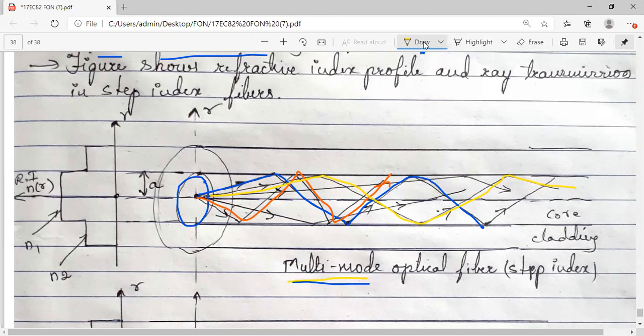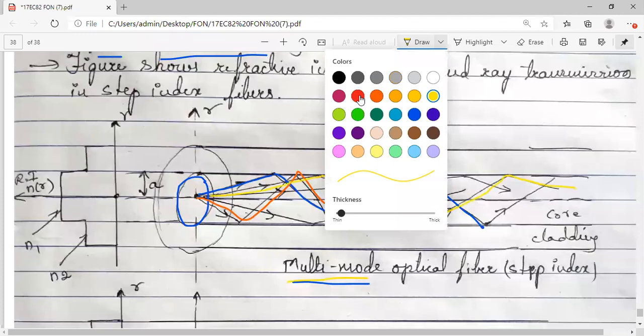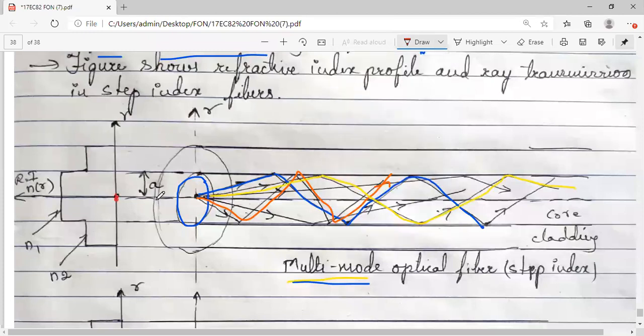Now coming to this structure here at the side, this is the center of the core. This is the radius of the core. And what is the small r? Small r is the radial distance, because when we go to the cylindrical coordinate system, we get r, phi and z. So the radial distance coverage is given by this r. So r is the radial distance from the center axis of the core. Capital A is the radius of the core.